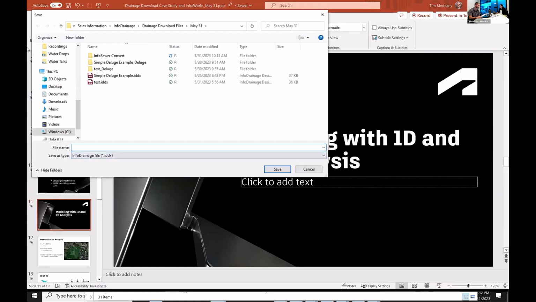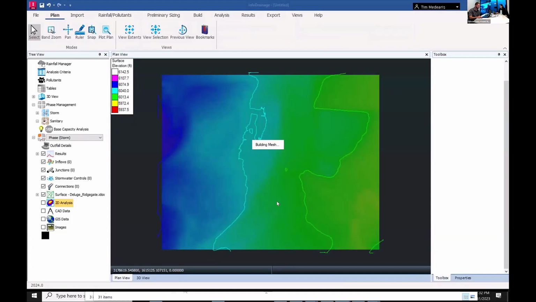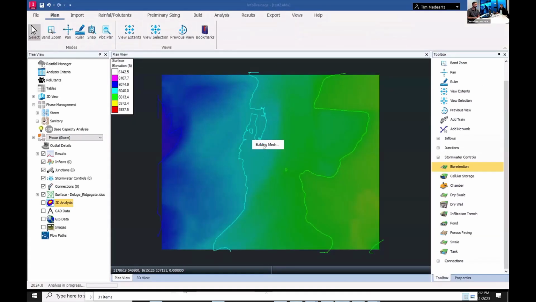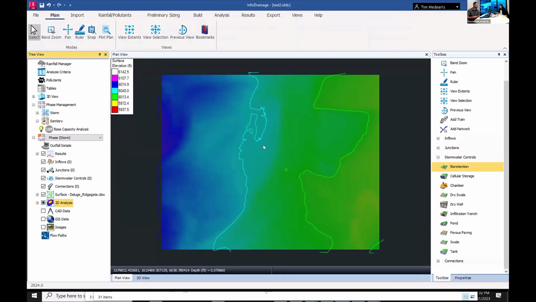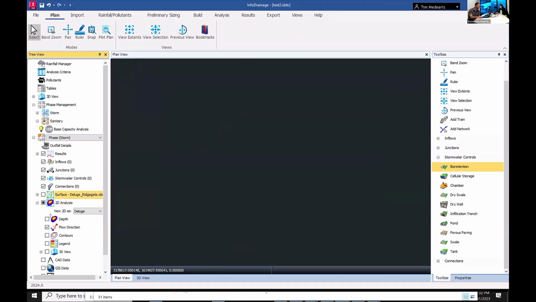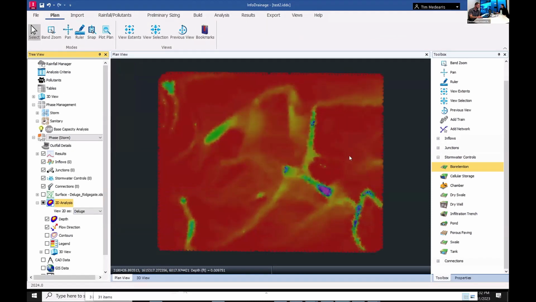flow goes here. So I'm going to have to save this. Test 2. And it's going to build that mesh quickly here, and then it's going to run that, again, very simple analysis. And just so we can see it better here, you now have this deluge on top of your surface